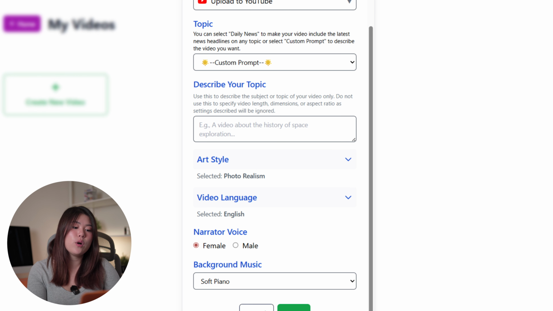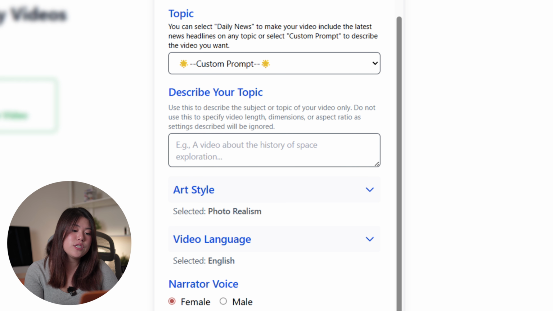If you prefer more control over content, you can switch the topic dropdown to custom prompt. This allows you to paste your own script or describe exactly what you want the video to cover. In the describe video field, type a short description of the video you want created. For example, you might summarize the key points,